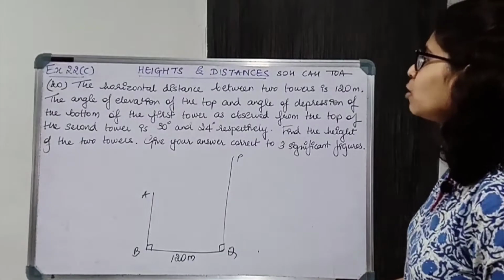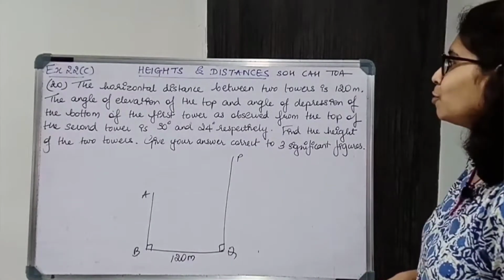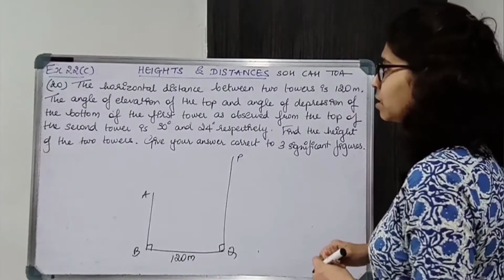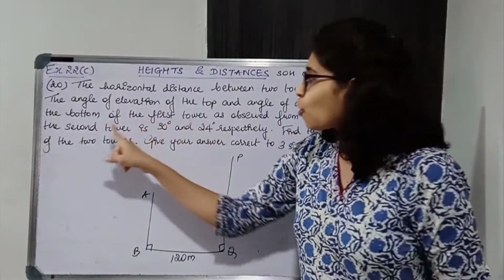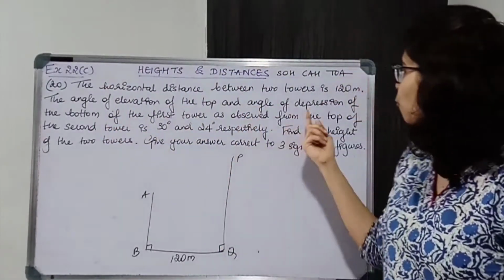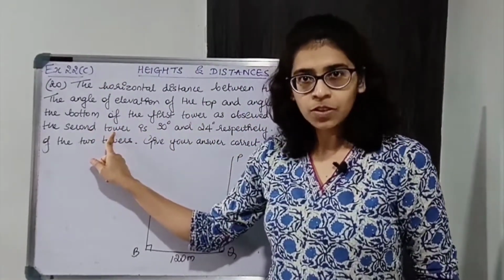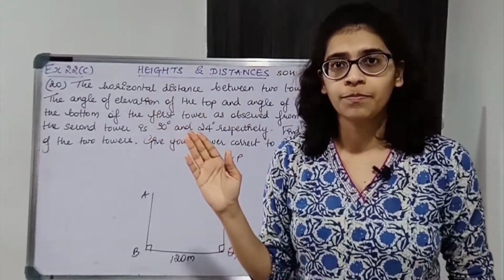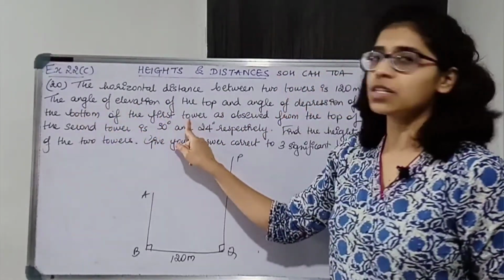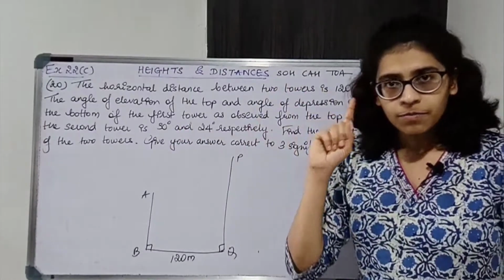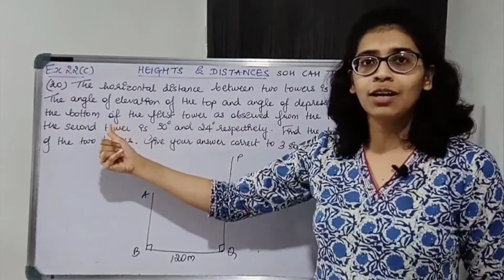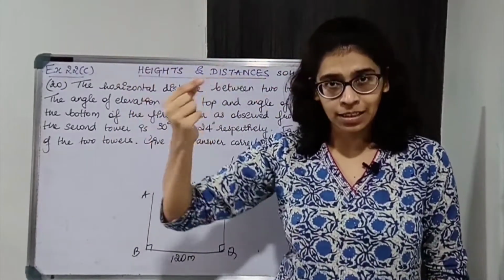The angle of elevation of the top and angle of depression of the bottom of the first tower as observed from the top of the second tower is 30 degrees and 24 degrees respectively. So from the second tower we are observing the first tower. So from the top of the second tower, we are observing the first tower. So which one is first, which one is second? Let us see. When we go from the top of the second tower and look at the top of the first tower,